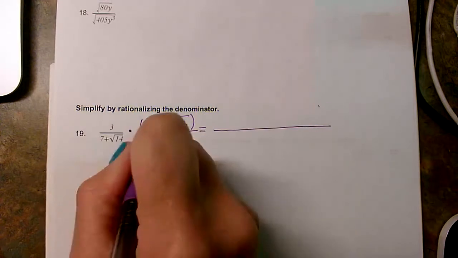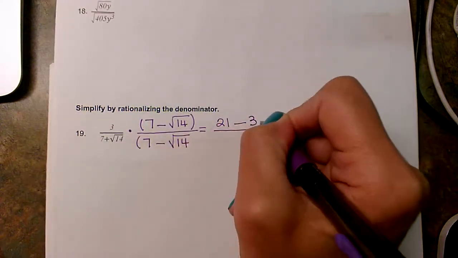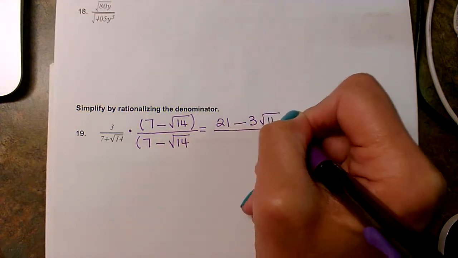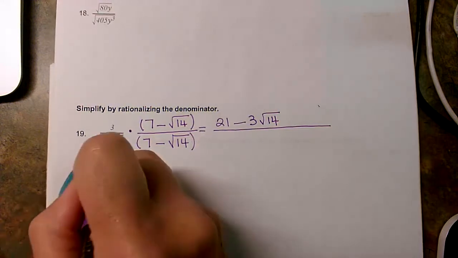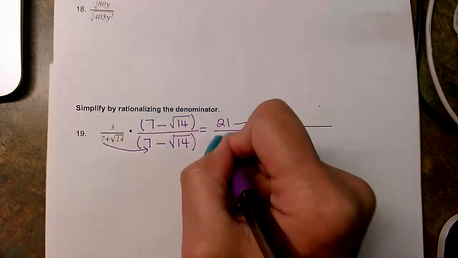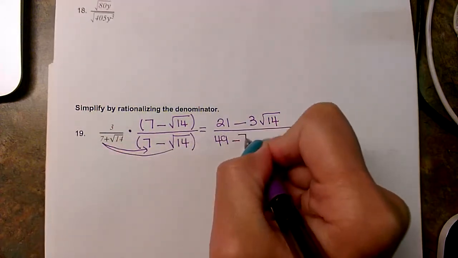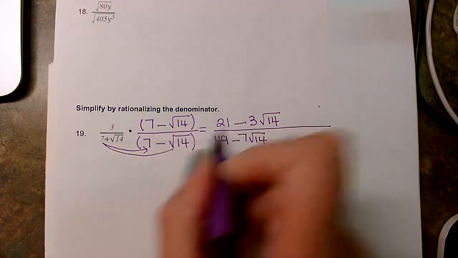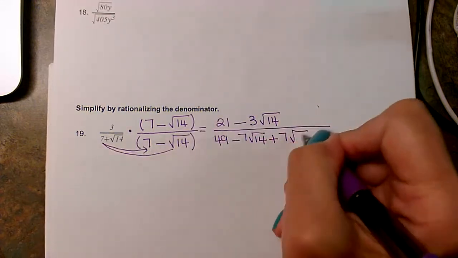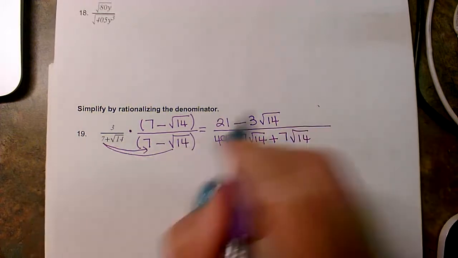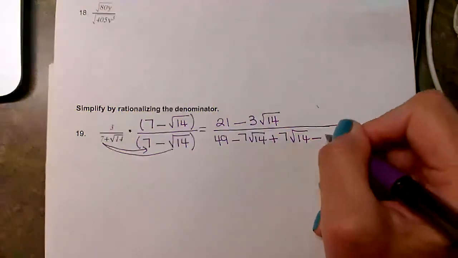We have 3 times 7 is 21 minus 3 times square root of 14. Now let's multiply this one. 7 times 7 is 49. This is negative 7 times square root of 14. Now let's do this one. Positive 7 is square root of 14. These two are negative. Square root of 14 times 14 is